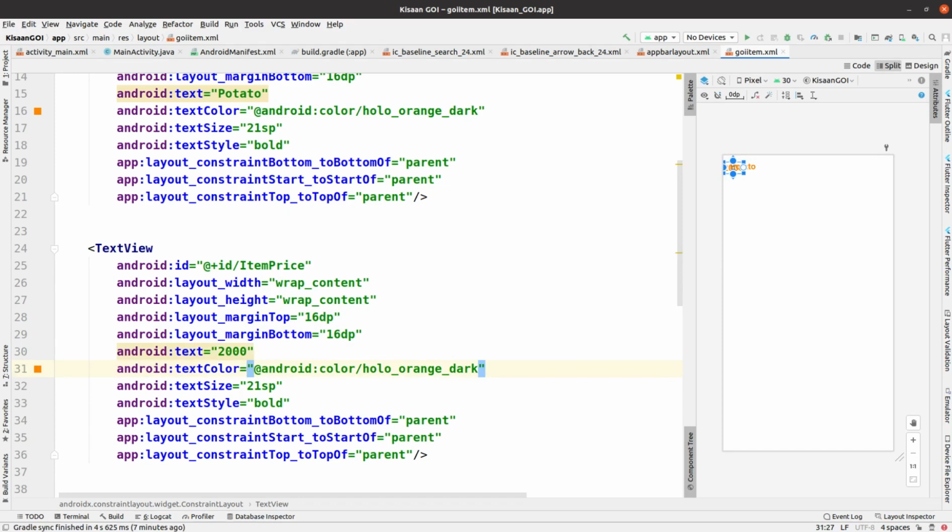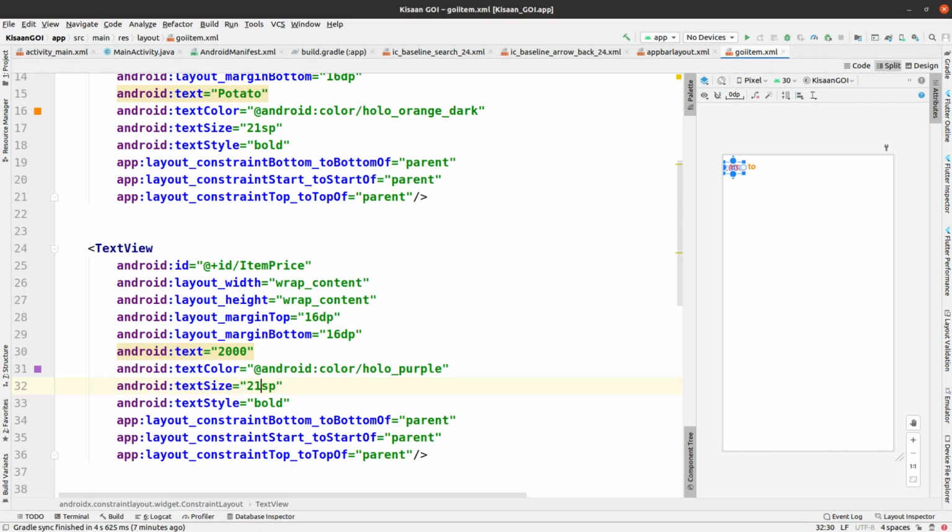Now for the text styling, we should change the text color. The color we are going to use here is purple. And for the text size, I think the size is good. Then we have some properties, like make it bold or not.